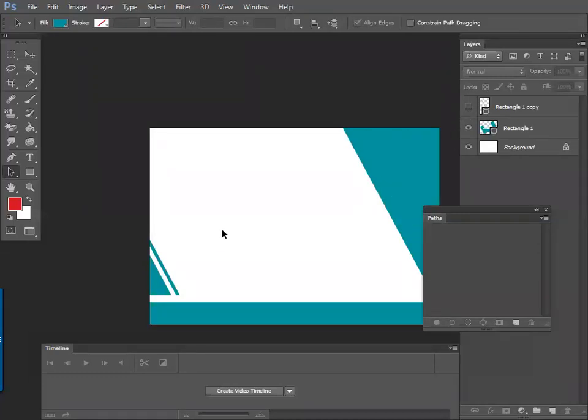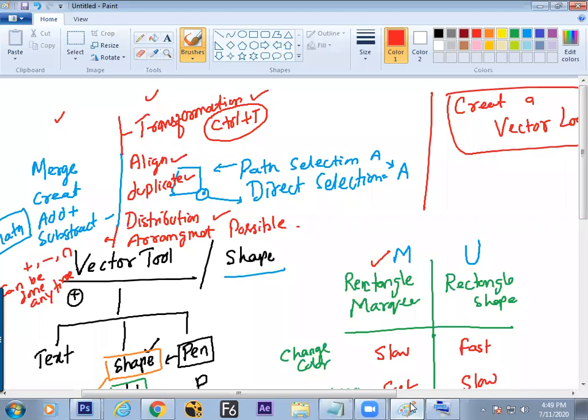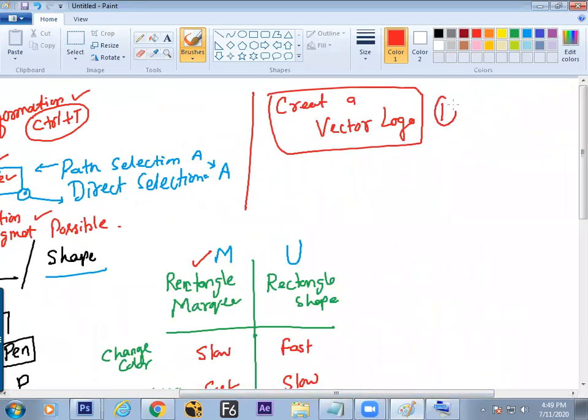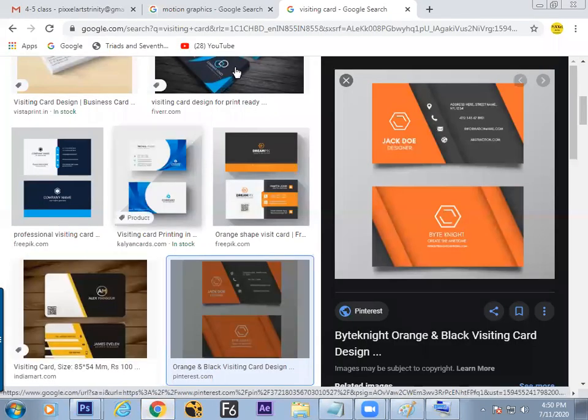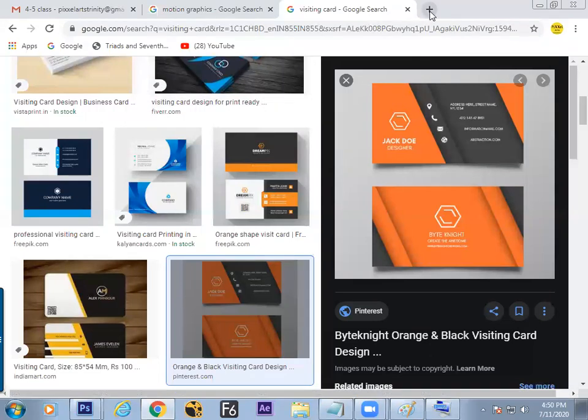So layout making, logo making. What we have understood here is how to make a layout with the help of your shape tool. This is the second output; the first output is this, then the layout. It may be for a visiting card, or a brochure, or a book cover page. Every time you find a layout to be done up. Now switch to the structure. Hope you have understood the math.